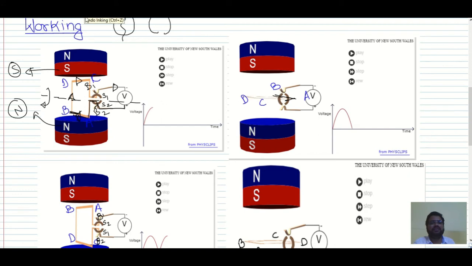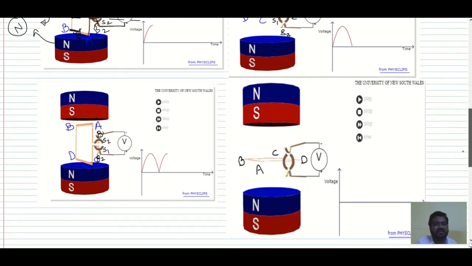Now there is no contact between the split ring commutators and brushes, but as initially it is rotating, there is inertia, and due to this inertia, initially S1, which is connected to B1, is with CD. So this is S1, this top one is brush B1, and bottom is B2, and this is S2. It is rotating in the downward direction, so AB will come up. Initially S1 and B1 are in contact. Now the S2 and B1 will be in contact, as you can see over here in the third diagram.